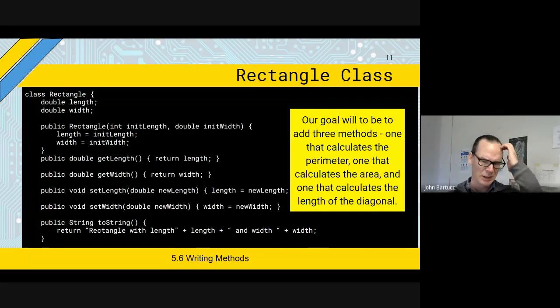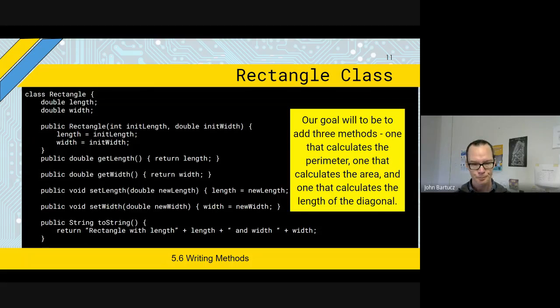So by default, properties are private. So even though the person did not specifically say private double length and private double width, by default, Java makes them private. So you can assume they're private unless they are specifically said to be public. That's bad. I would argue that's bad programming practice. It doesn't hurt anybody to explicitly say that they are private. So that would be better. But anyway, I just want you to be clear that if it says double length, double width, by default, Java